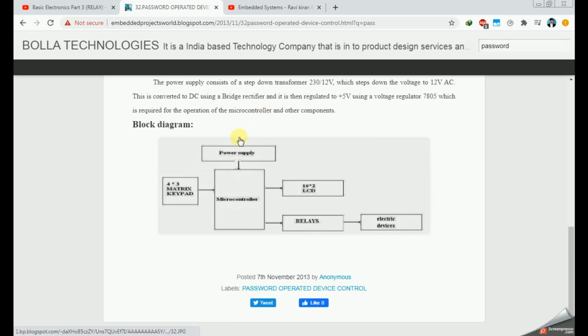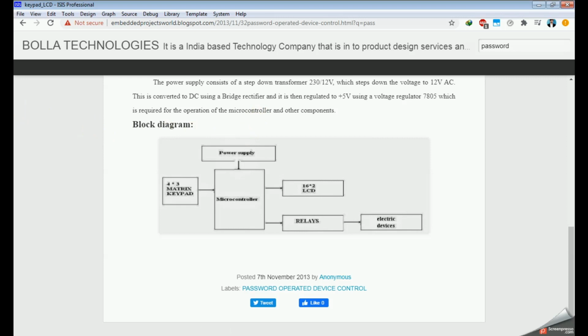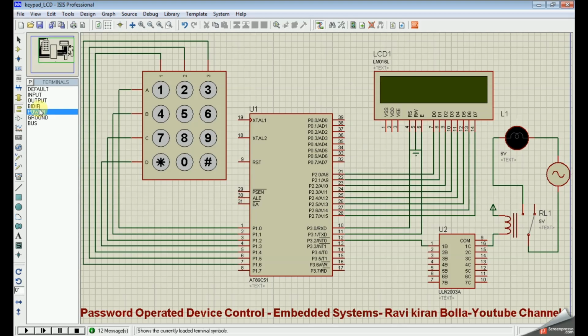So let me start with the schematic of this project. Here you can see there is a keypad interfaced to port 1, and there is a 16x2 LCD interfaced to port 2, and the control pins are connected to port 3.0 and 3.1.